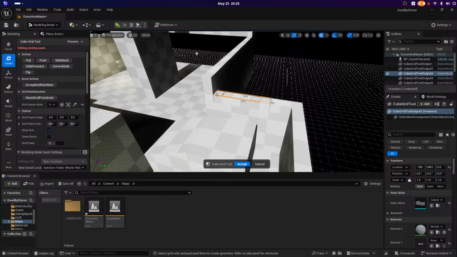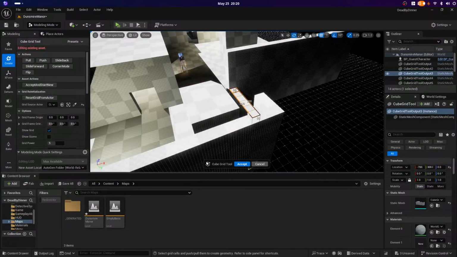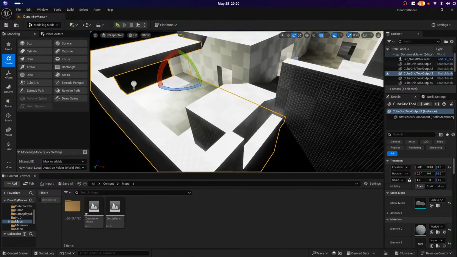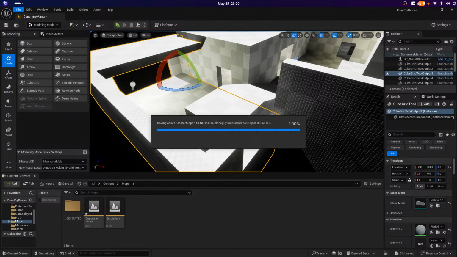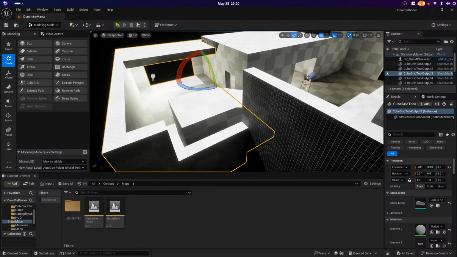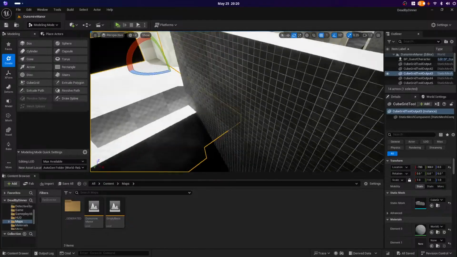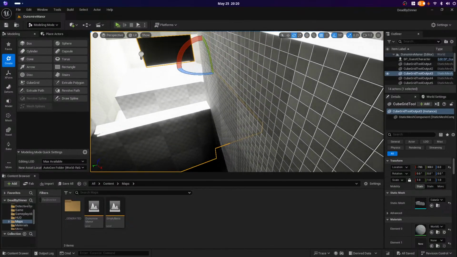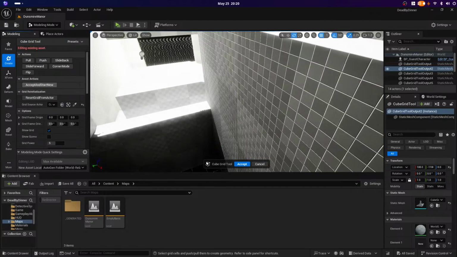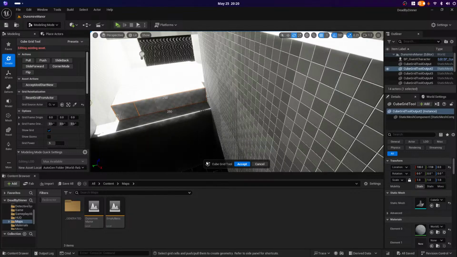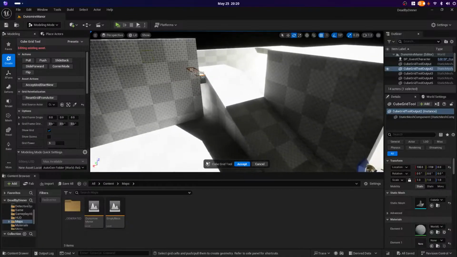Let's figure out how it works. All right, so now pick whatever this is. And a little bit out there, just enough so I can grab it. All right, so